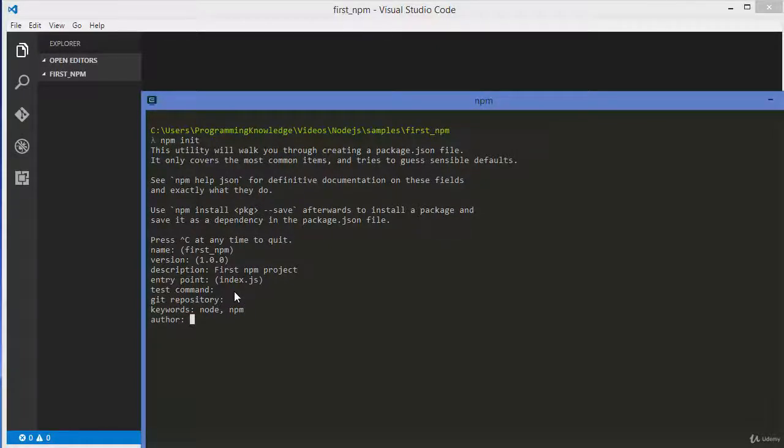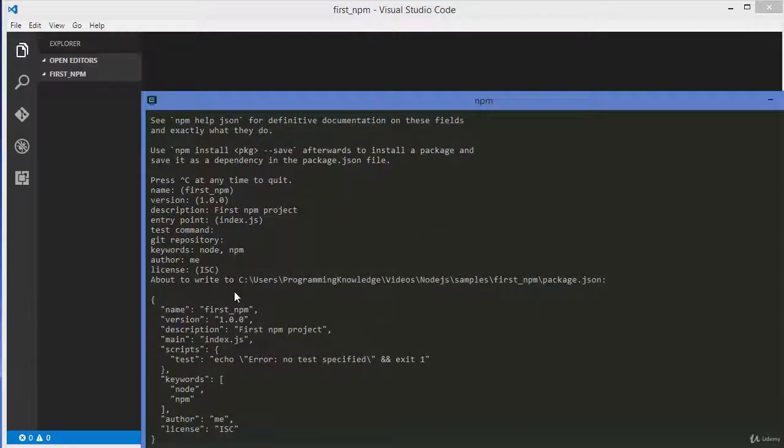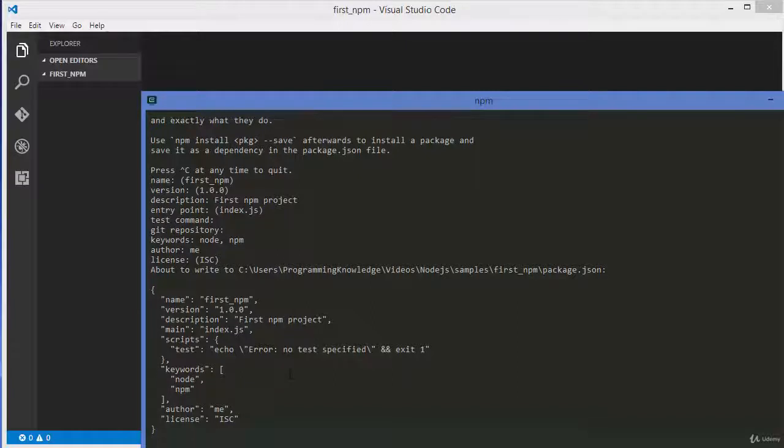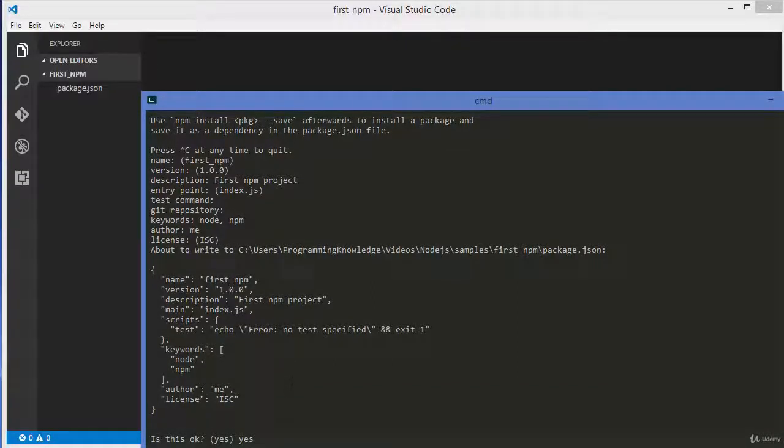And then the author name, you can give your name. I'm going to just say me. And then the license, I'm going to leave it as default. And then it's going to confirm that if you want to give these information, these are the information which will be saved in your project. And if you are sure, you can just press yes and then press enter. Okay,